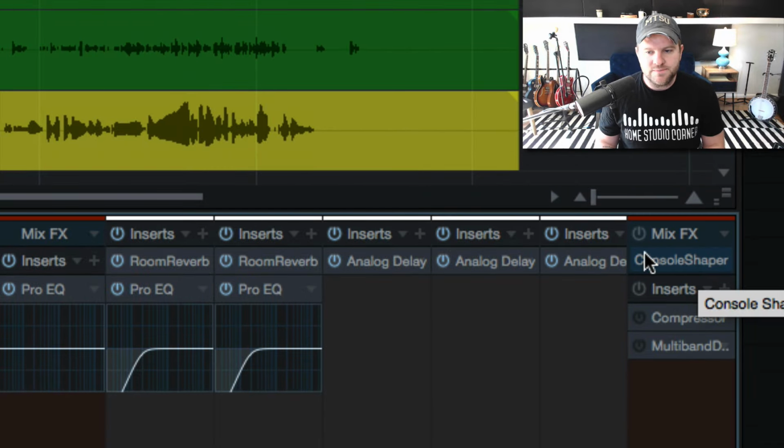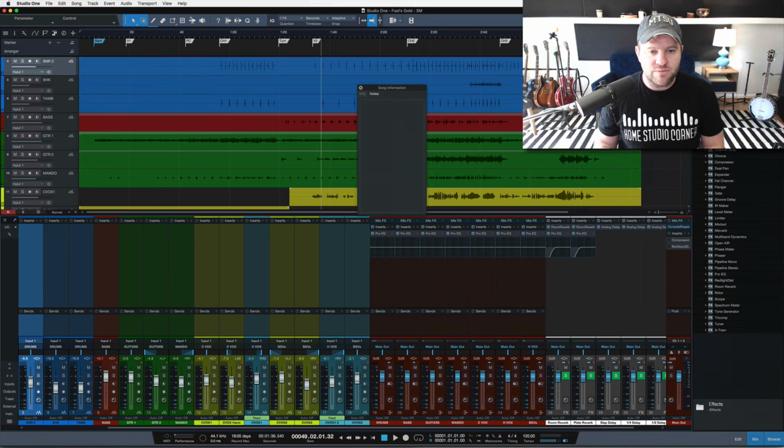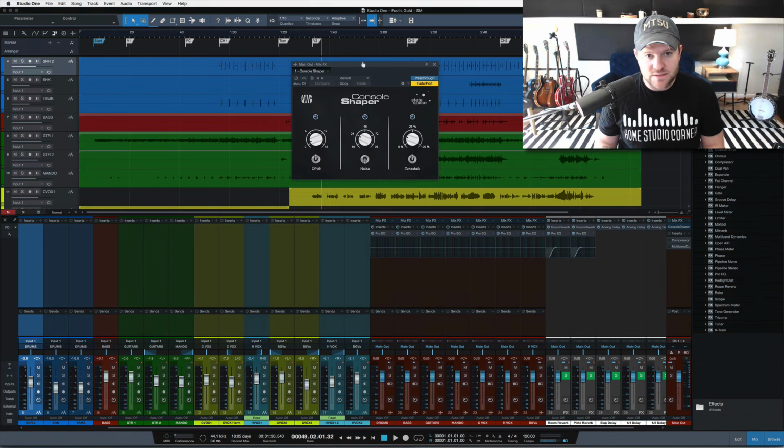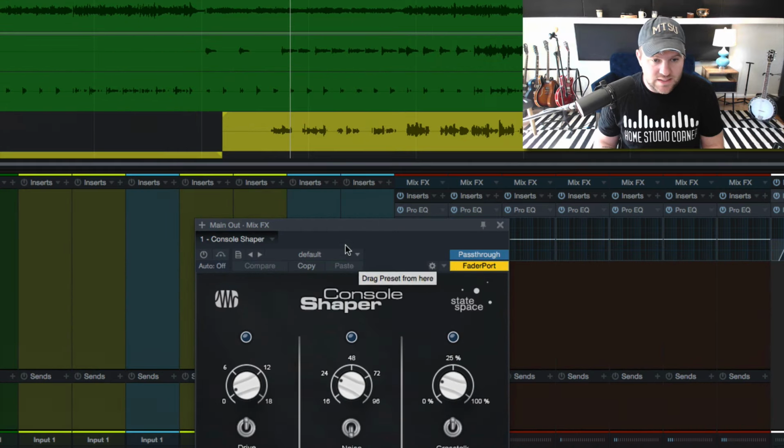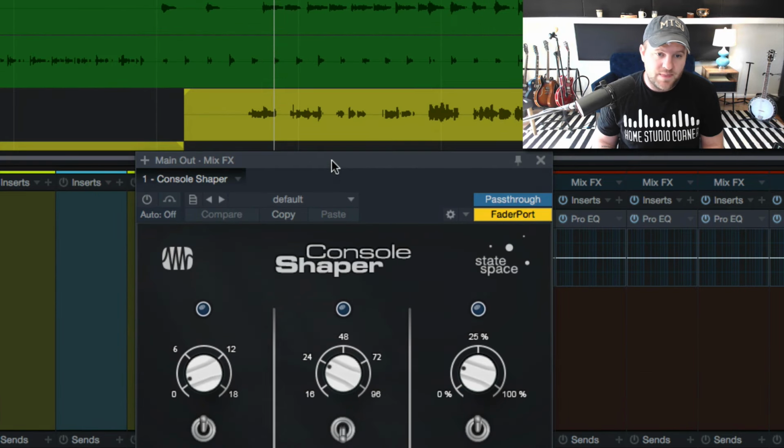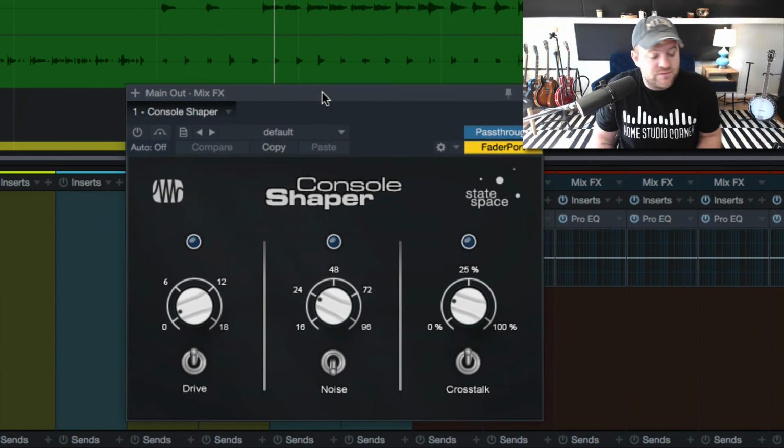But in Studio One, and you may notice over this series, I'm most likely going to use all stock plugins throughout this series because that's just what I do. That's how I mix. I may change that tune and that'll be fine, but for now they're working fine for me. So Studio One has this console shaper